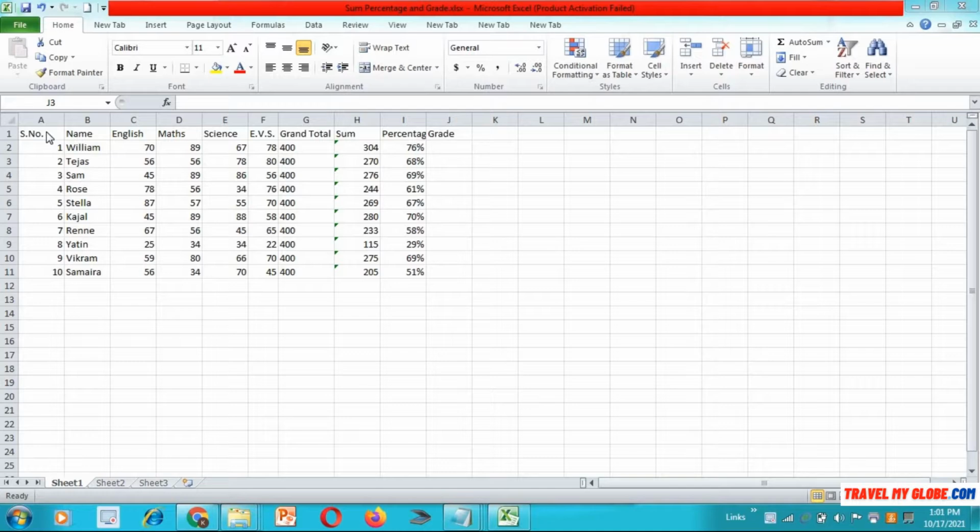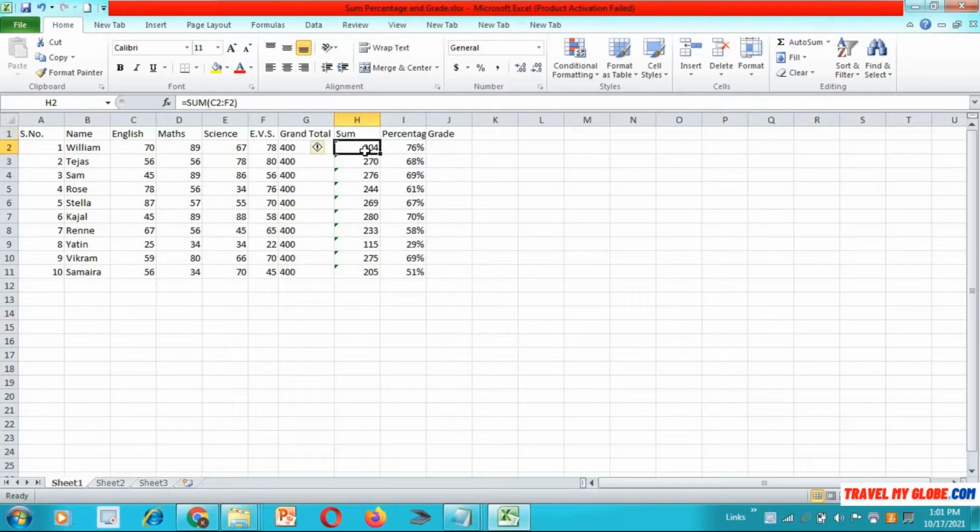So we have a given list. In this we have serial number, name, and the marks of English, Maths, Science and EVS. This is column G, that is grand total, out of which the student has got the marks. This column is sum, that means the total marks obtained by the student.